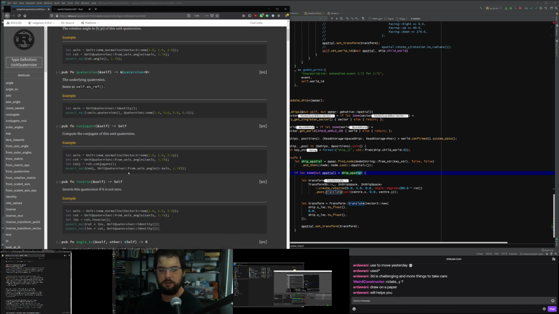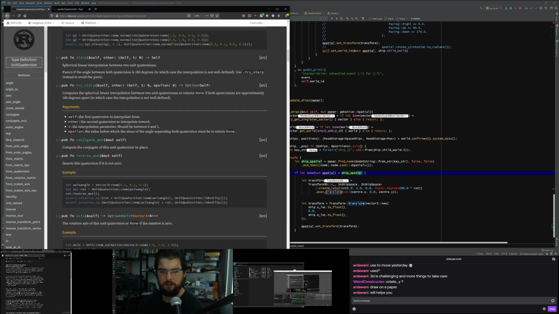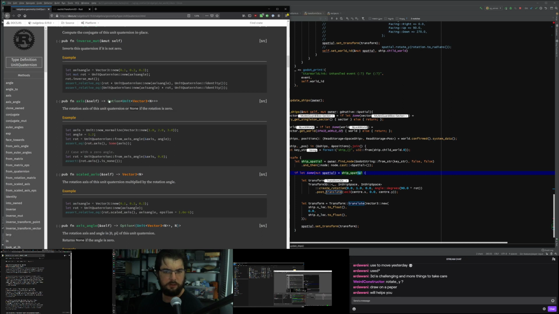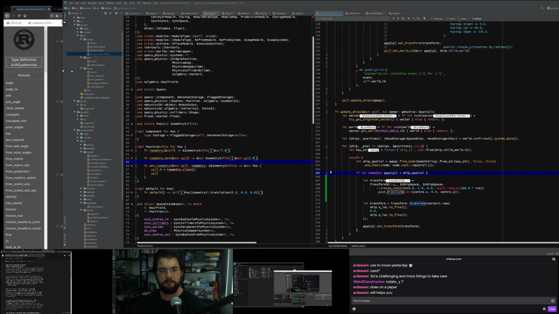Angle, quaternion conjugate, inverse angle 2, rotation 2, lerp, inlerp, trislurp. Oh, this looks really promising. A rotation axis, we need that. And axis angle. So remember how I just told you that it'd be nice if you could find an axis and then you could find an angle? Yeah, well, this is literally what these two functions are doing for us. Okay, so that's like a real gift.